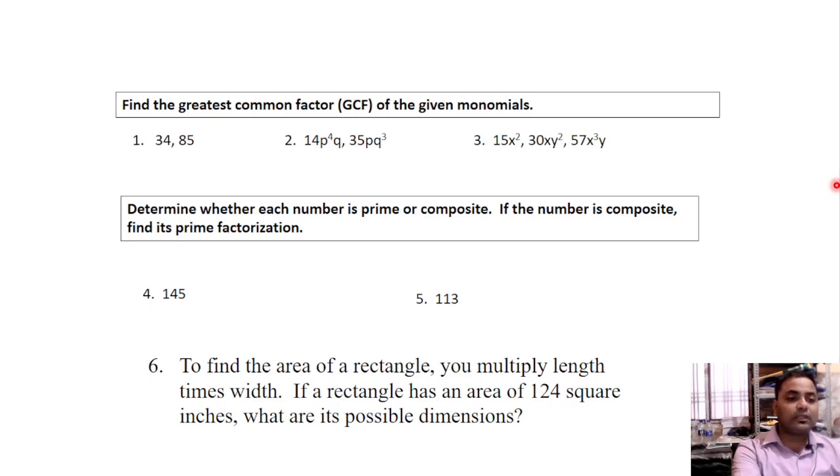Find the greatest common factor of the given monomials, like